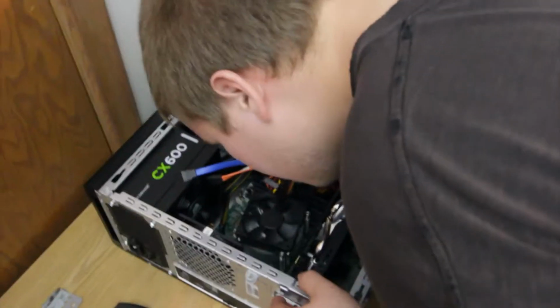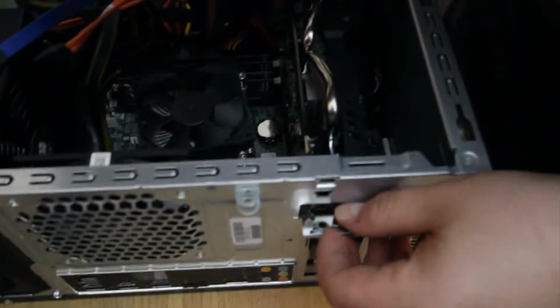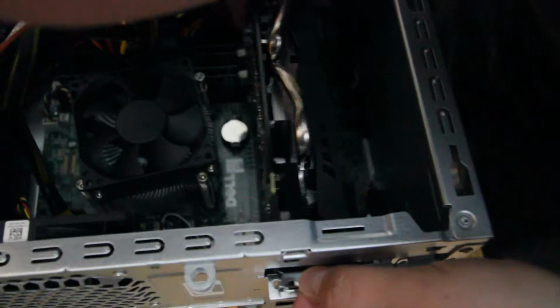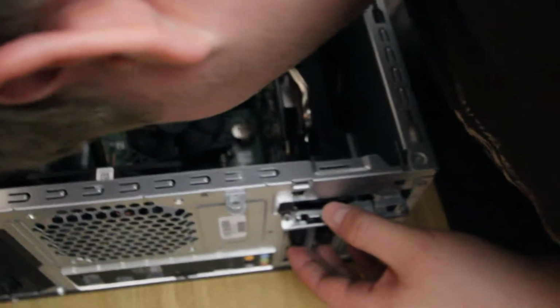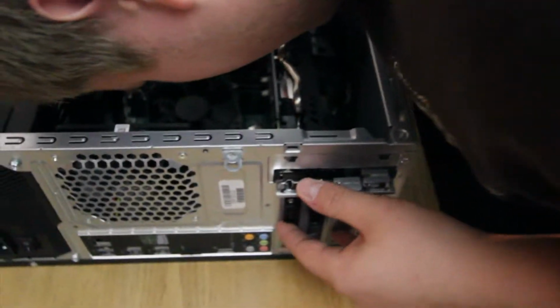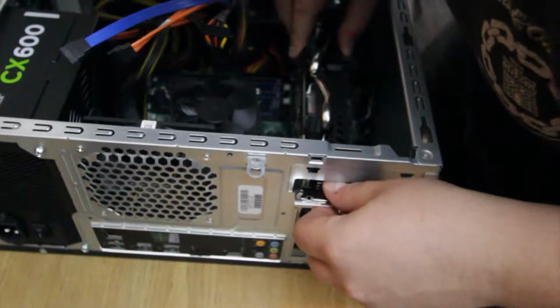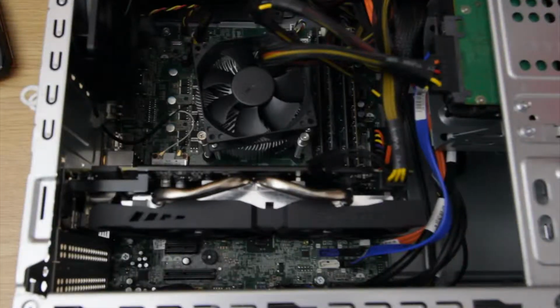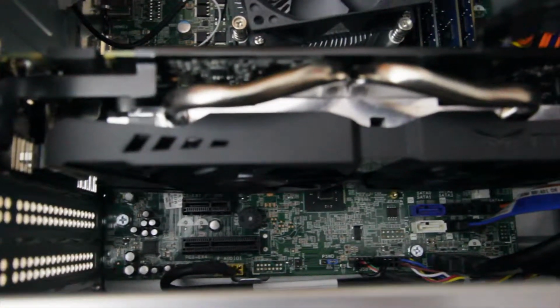Since changing this card, the difference on benchmarks is ridiculous. We actually did this on the night of the release of Just Cause 3, so we rushed through it a little bit because I wanted that Strix in there to play Just Cause 3 as soon as it came out. We pretty much finished it at about 11:58. We put it together, turned it on, everything was working properly, we had run benchmarks, everything was running great, and I turned on Just Cause 3 and played for probably the next 6 hours. Now, not trying to date this too hard, which I already did with Just Cause 3 there,